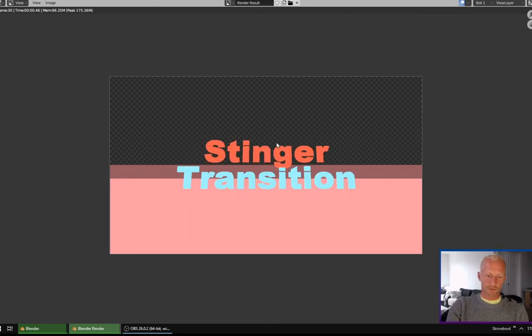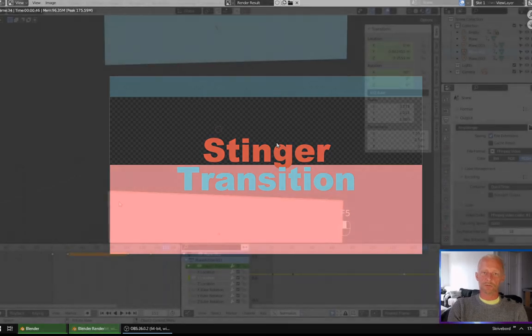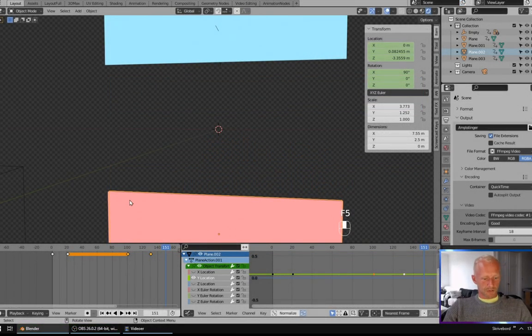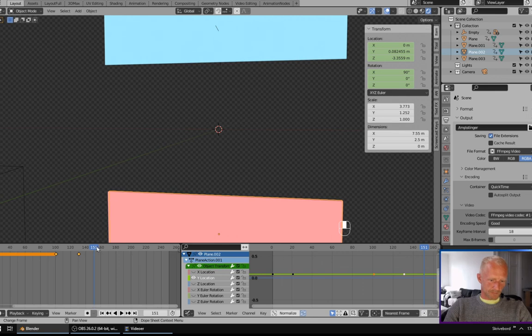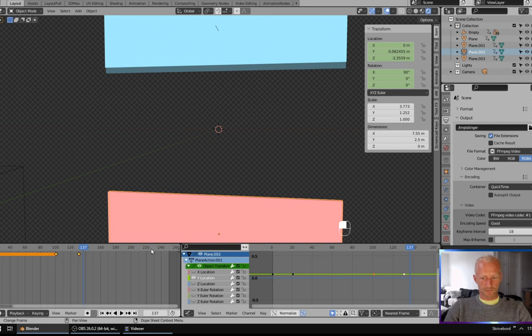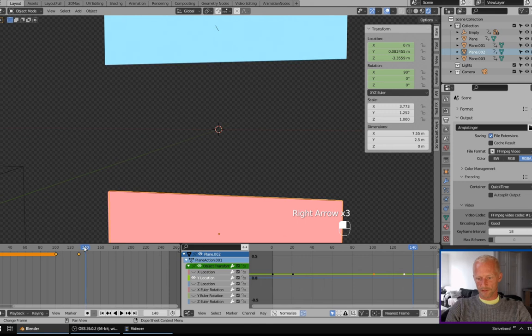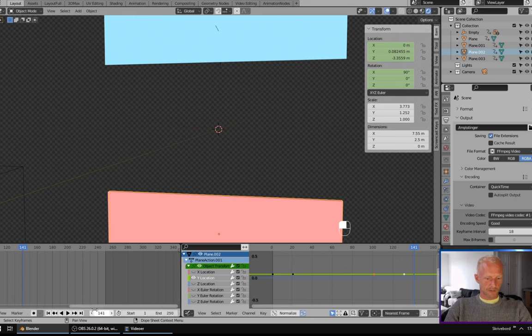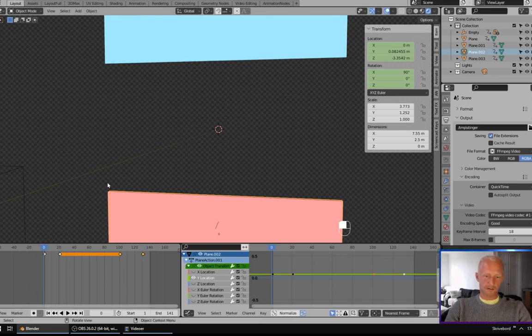So I will get back to you when it's finished rendering, and I will show you how you can use it in OBS. I just noticed that I forgot to trim the timeline, because now when I rendered, I found out that I have a lot of empty frames at the end. So you have to move to the point where you can't see the planes, and you have to copy this and paste it over at the end. So I just did that, and I rendered it again for another video, and